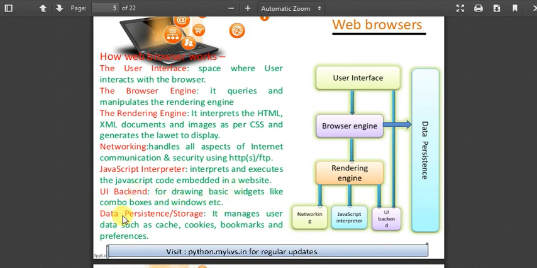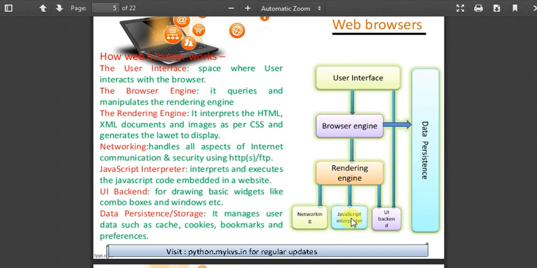And the data persistence or storage manages user data such as cache, cookies, bookmarks, and preferences. Okay, so these are the basic functions. In this way the browser actually works. First of all, the user interface, then definitely the browser engine will go for the data persistence, and afterwards the rendering engine will be functioning.